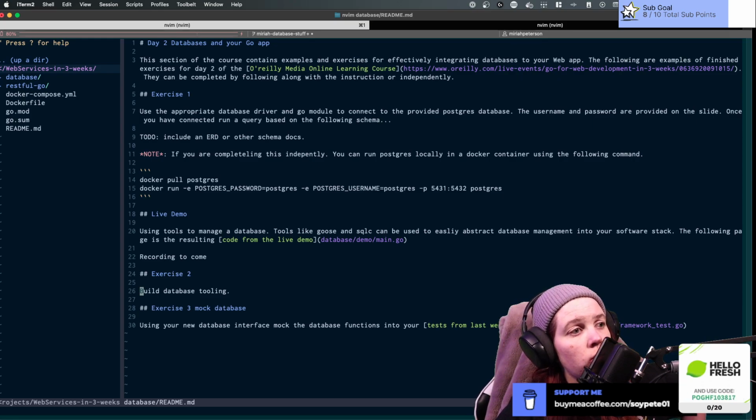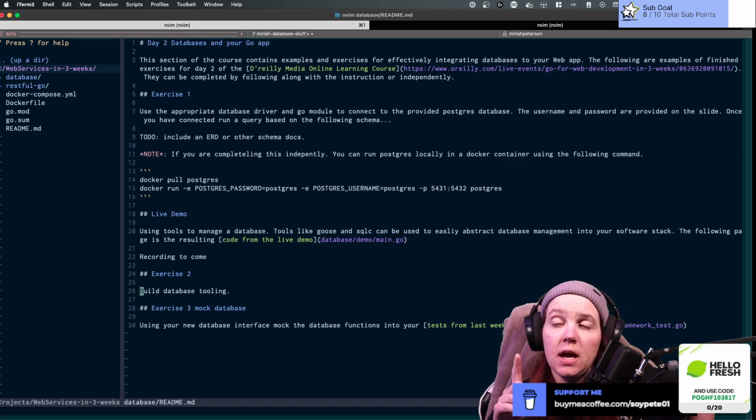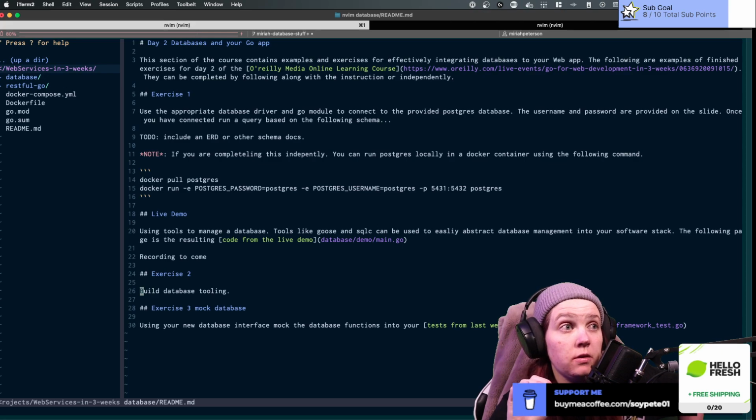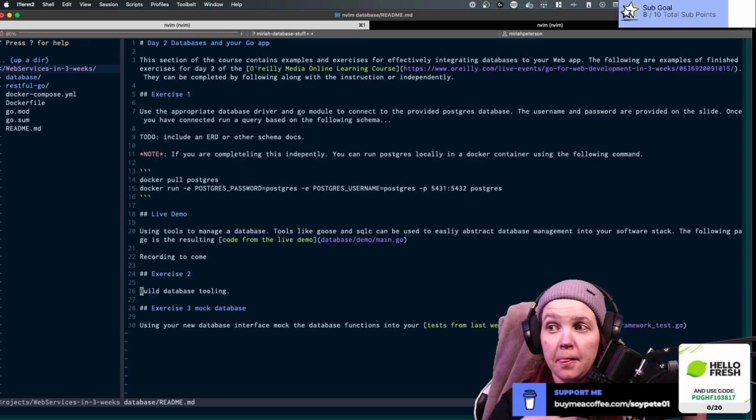You build database tooling. Ooh, this is a good one. And I think I want to be able to let them use SQL-C. I also want to show them an example of not using SQL-C code, because I personally like the way I'm doing it without SQL-C better. But SQL-C will allow you to mock the database. So if you like tooling over writing code, which some people do,